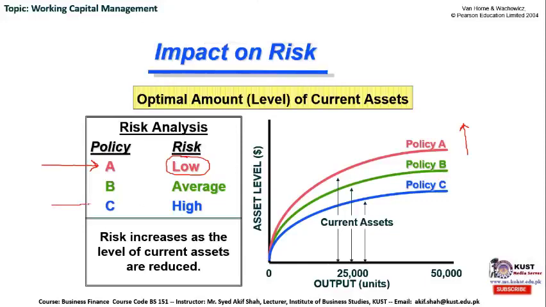Similarly, in policy C, we have a lower level of current assets, so we can face a high level of risk in the firm in terms of not meeting obligations, in terms of loss in sales, and in terms of